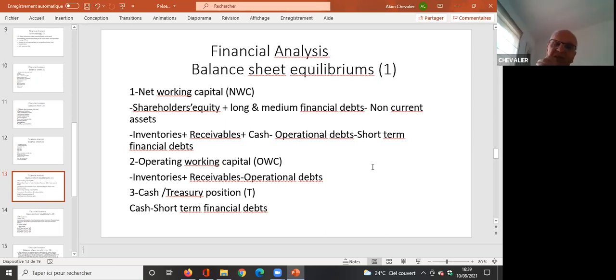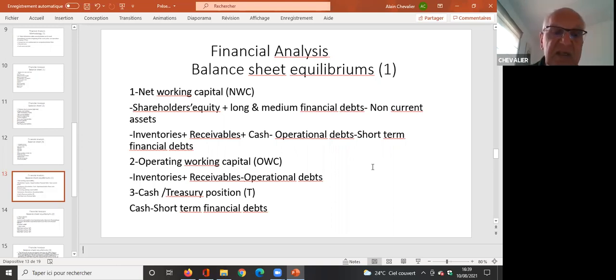And it is clear that when a company has a substantially large operating working capital, very positive, and that this operating working capital is financed mainly by short-term loans from the banks,